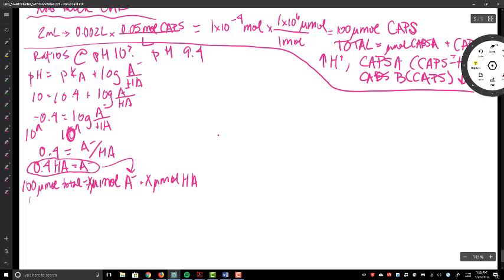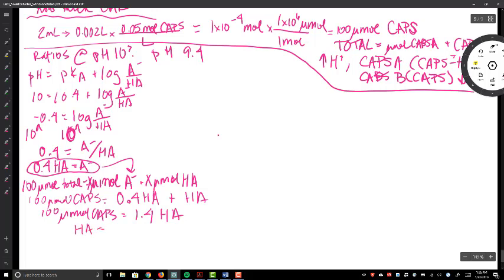And so when we do that, we get 100 micromole of CAPS is equal to 0.4 HA plus HA. We get 100 micromole CAPS is equal to 1.4 times HA. We can divide both sides by 1.4, and then we get that HA is equal to